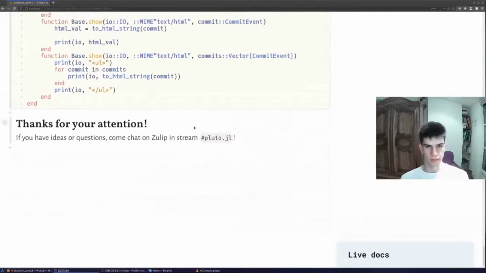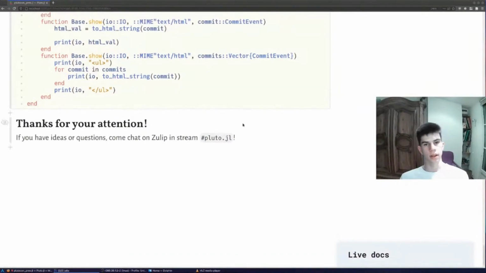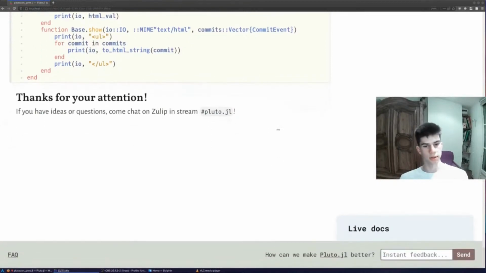And so thanks for your attention. This was my talk about automated bindings, and if you have any ideas or use cases for this kind of updates from the computer, obviously what I showed you is really early stage, and it should not be used as is. But if we have ideas to improve, or want to create notebooks that are not just for the users to interact with, but also for the users to consume, so dashboards and so on,